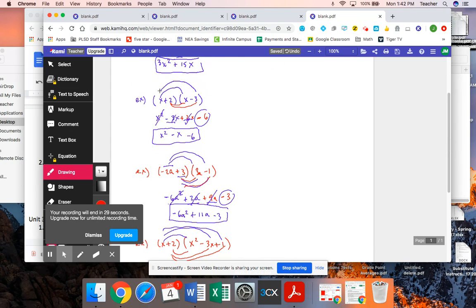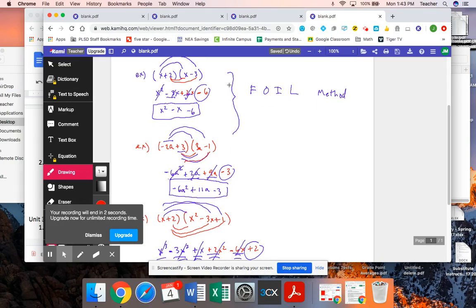Notice how we did the first 2, x times x, the outer 2, the inner 2, and then the last 2. Because of that, and the same thing is true in this example, you might hear the method being called the FOIL method. It's just a way to remind you that you need to distribute repeatedly. The reason why I didn't start with that is